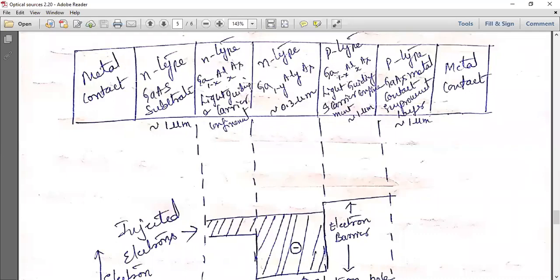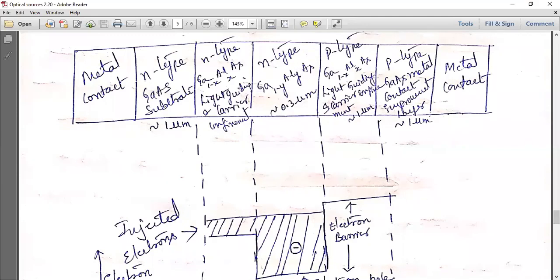The holes from here will come here and the electrons from here will come here. The electrons and holes come to the center region, where there is recombination. After some time there is an abundance of electrons and holes in the active layer, and they recombine. When they recombine, they release the energy in the form of light. Because you have used a direct band gap material, they generate light in that particular optical wavelength, since you have selected the band gap and chosen your wavelength.